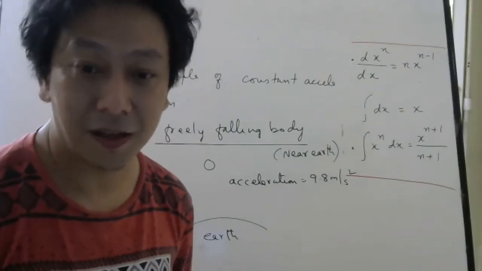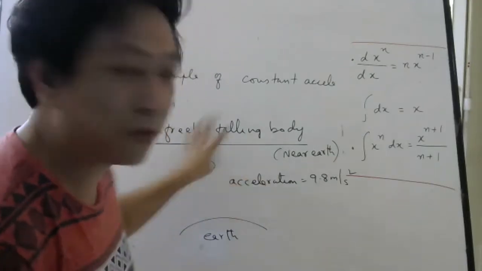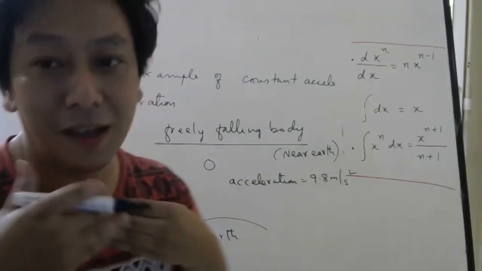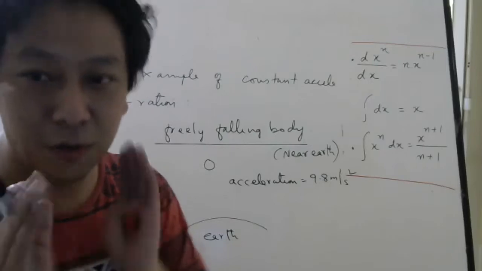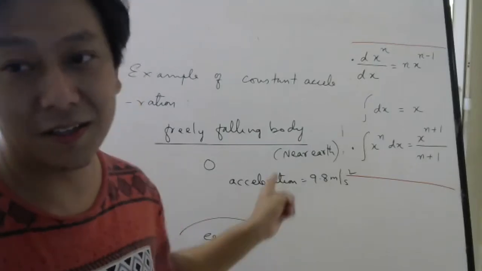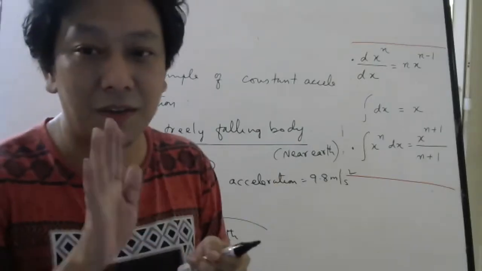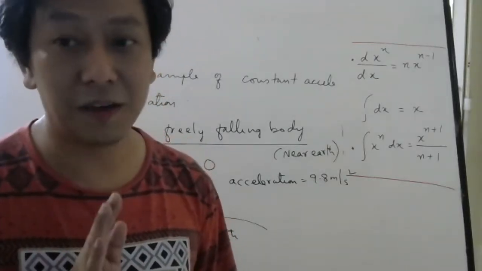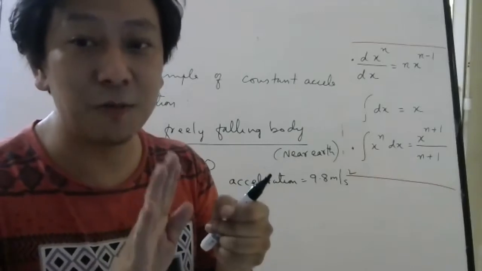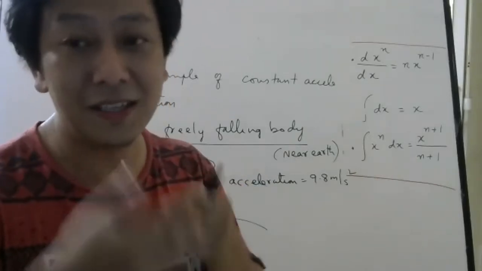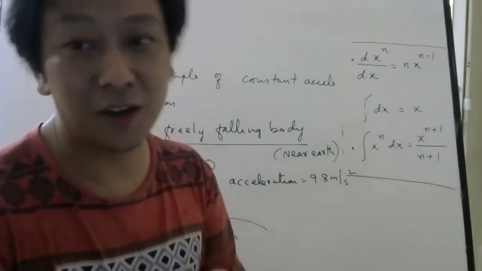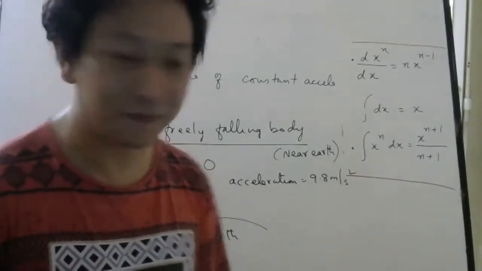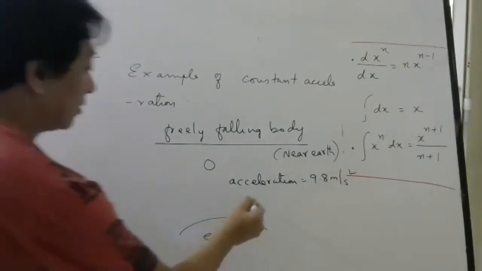Okay. Another example would be all related to this only. It is very difficult to find an example of constant acceleration. So the only example we have near earth is this. Or you can say somehow a driver is able to maintain constant acceleration, but that is very difficult. For a driver, it is easy to maintain uniform motion, constant velocity. But to maintain constant acceleration is very difficult. So this is one example.